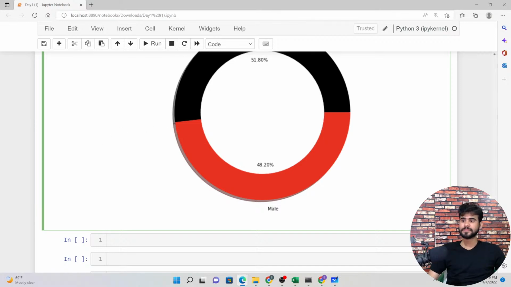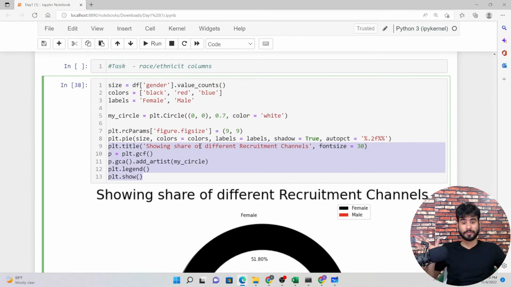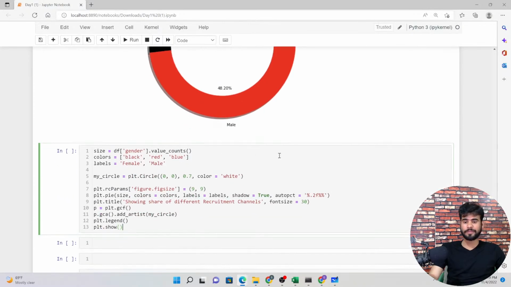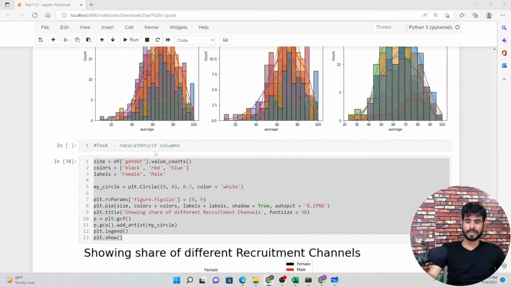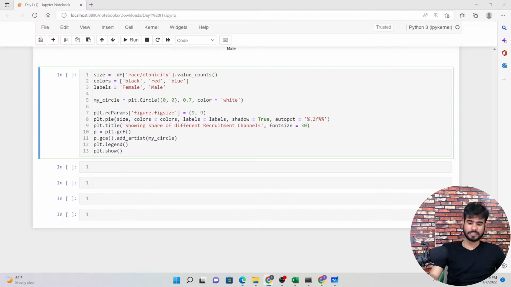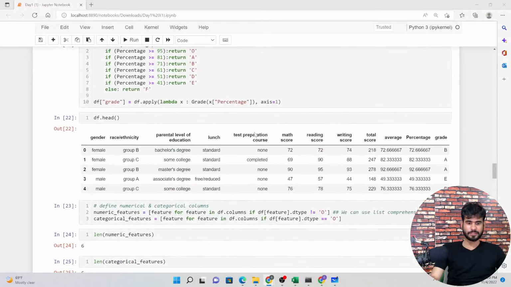Now, if you want to check some other column, you can just copy and paste the same code and change the column name. So I'm changing the column name to the column that I told you about for the task purpose. First let me define the labels: group C, group A, group B. Let me copy and paste from here, this is the data that we have.